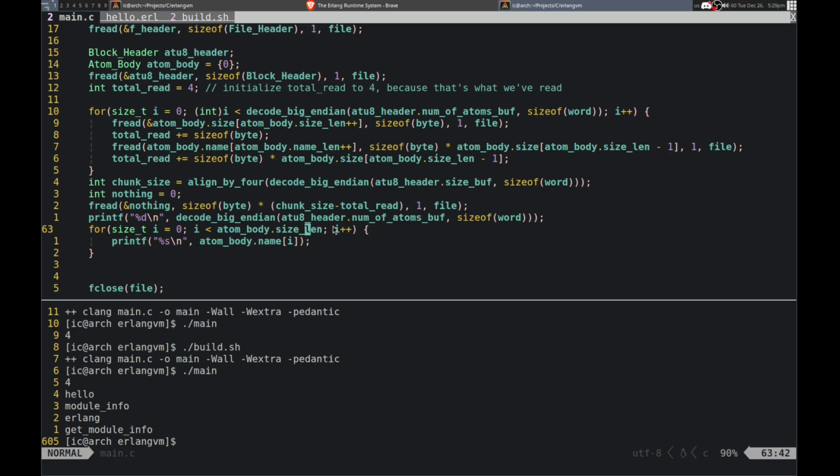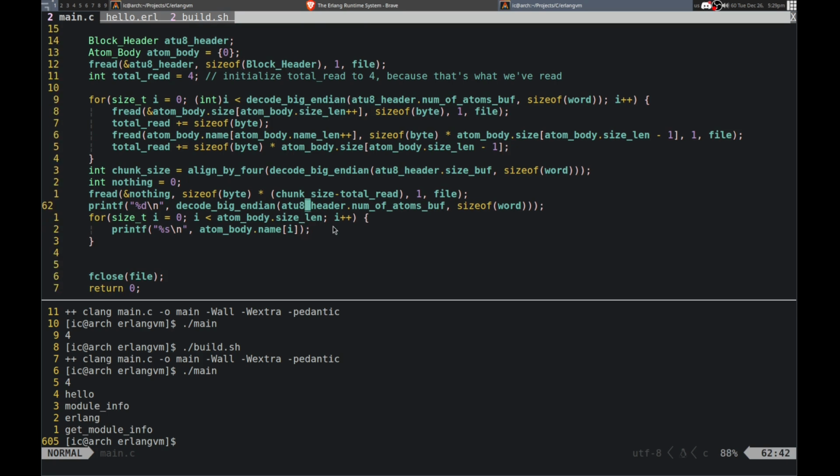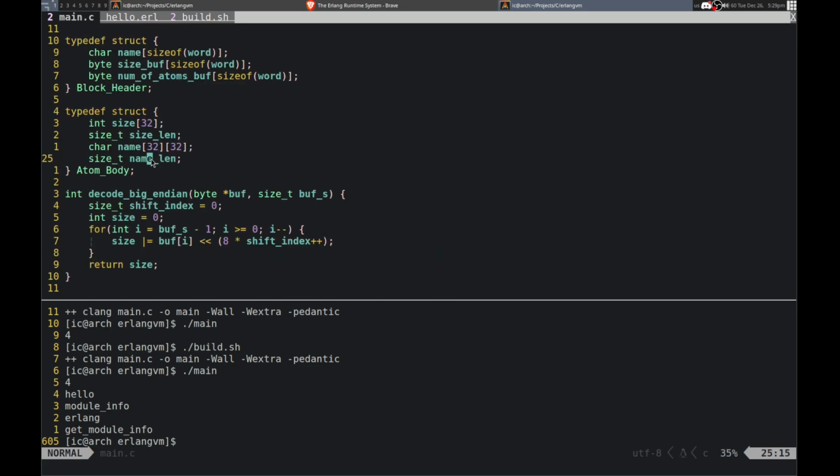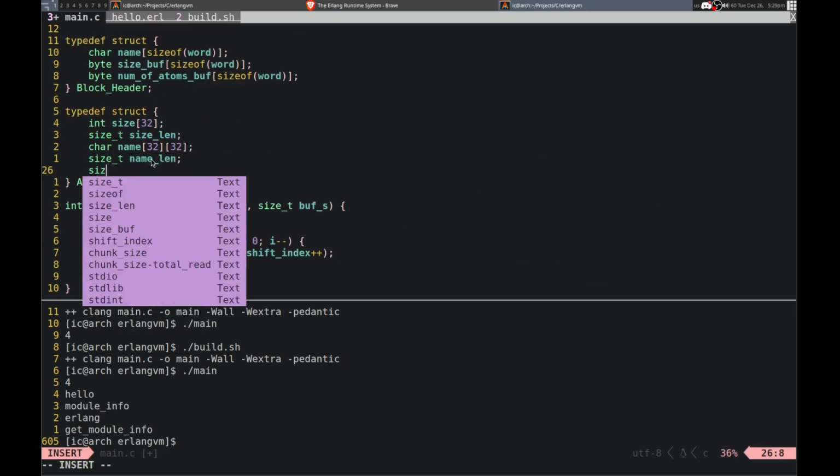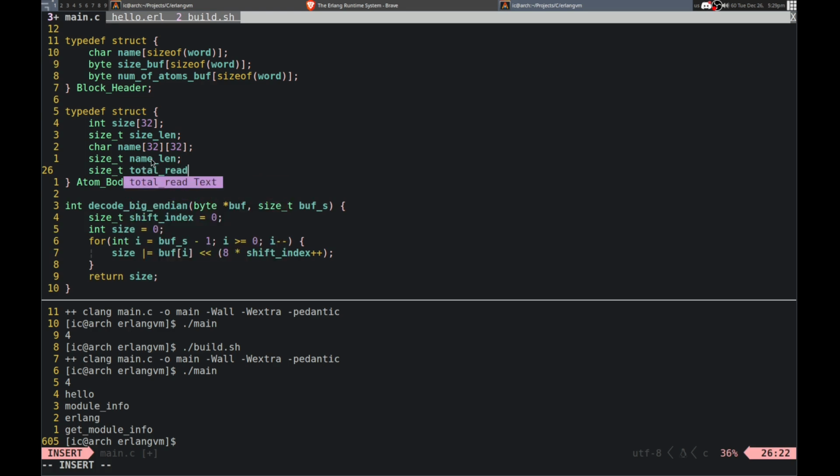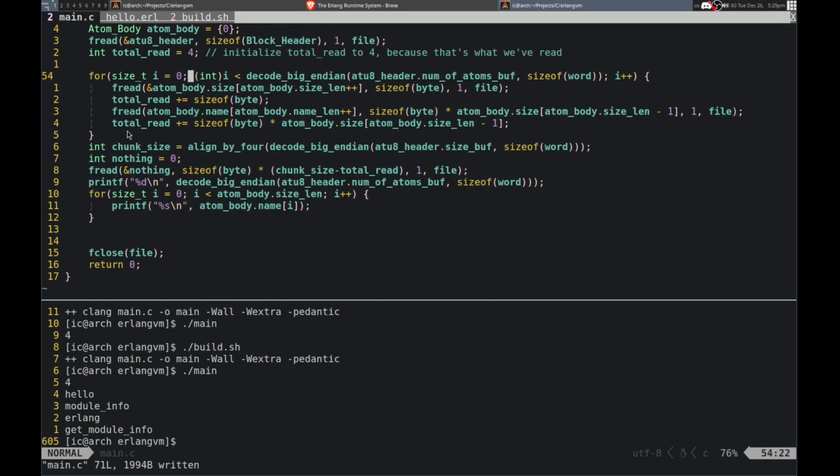Alright, and then yeah, let me just read this into nothingness so that it's okay. Okay, chunk size is aligned by 4, so yeah. So I think I'll add maybe this total red 2 here as well. Alright, and then just use that rather than this.